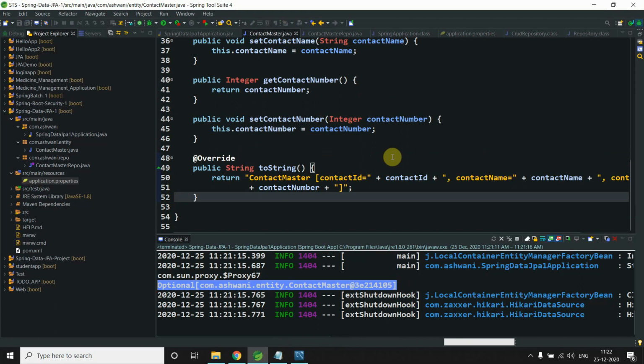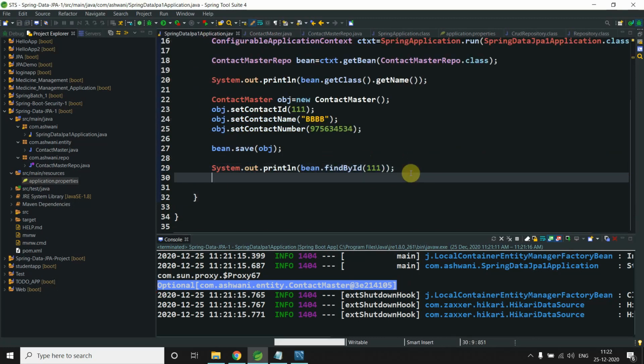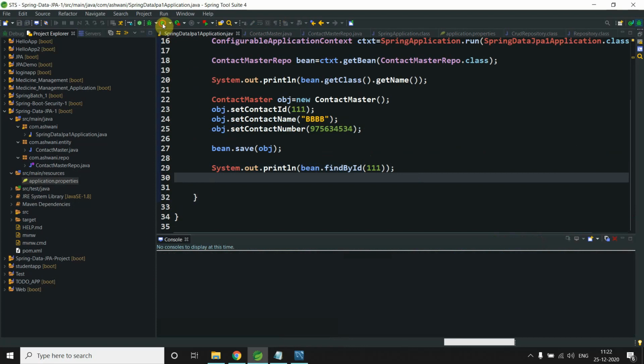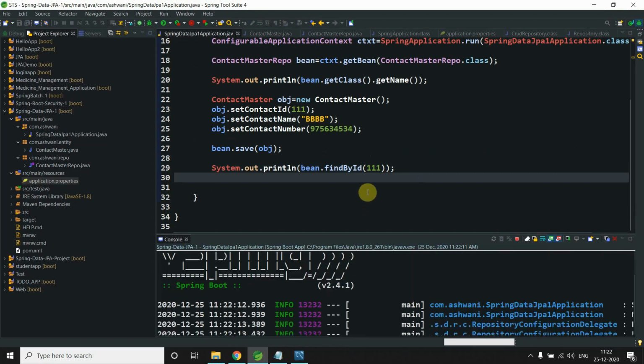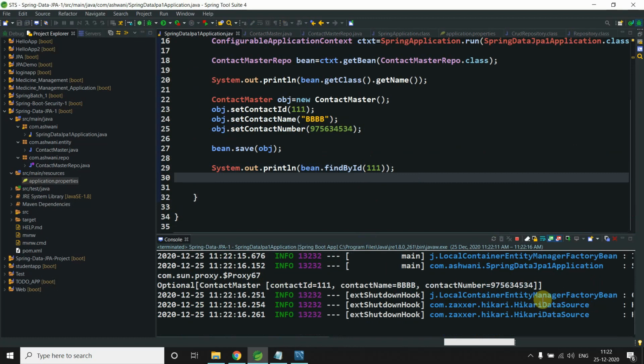Now if you say findById, I can run this. Yeah, if you see here, it says contact ID 111, contact name BBB, contact number this. Got it? It returns an object in the form of Optional, inside that ContactMaster, and we have an object here.